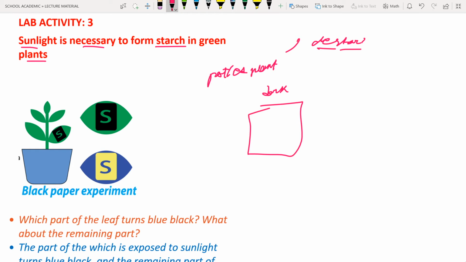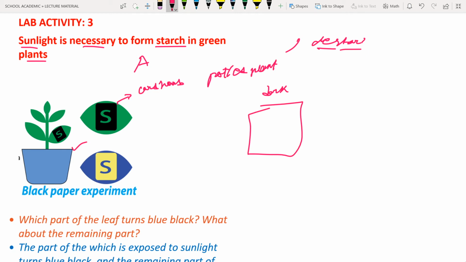After that, we have to do one setup. First we have to take the potted plant, select any one leaf which is broader, and take the black cardboard. Can you see here the black cardboard, and on the black cardboard we have to make a cutout, with the help of scissors or blade. Here the S symbol is taken. S refers to starch, and you can make your own alphabet, like if your name is starting with A, you can make the alphabet A cutout on the cardboard and so on.